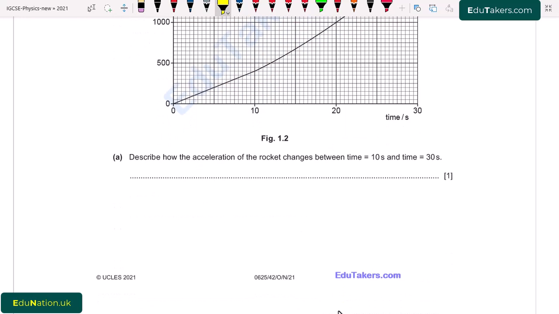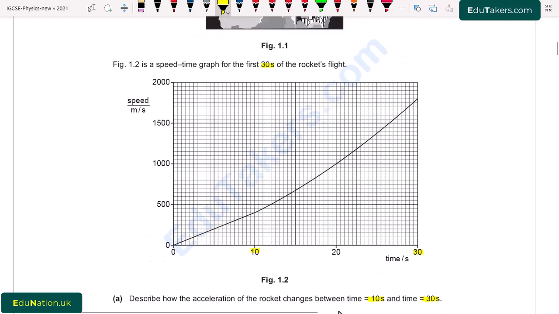Part A. Describe how the acceleration of the rocket changes between time t equal to 10 seconds and time t equal to 30 seconds. So here 10 seconds is this and 30 seconds is this. In this graph, the time is taken on the x-axis while the speed is taken on the y-axis, and there are different values of speed and time. The graph is plotted between speed and time, and we know that the gradient of speed time graph gives us acceleration. So I write here